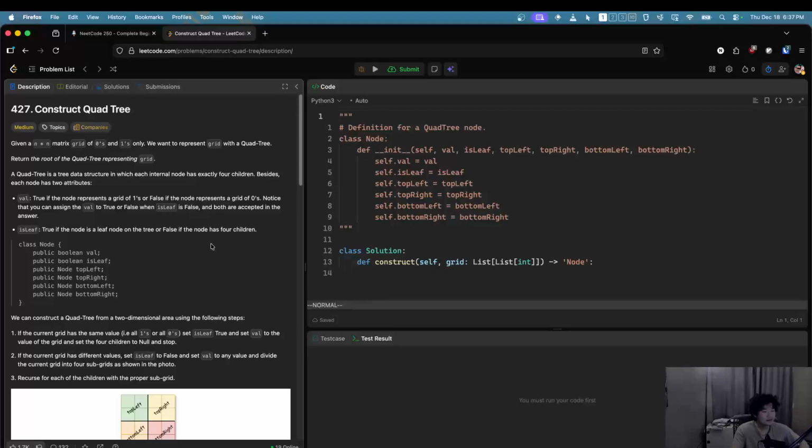So, construct a quad tree. You're given an n by n grid with zeros and ones. We want to represent the grid with a quad tree. Return the root of the quad tree representing the grid. A quad tree is a data structure in which each internal node has exactly 4 children. Besides, each node has 2 attributes: the value